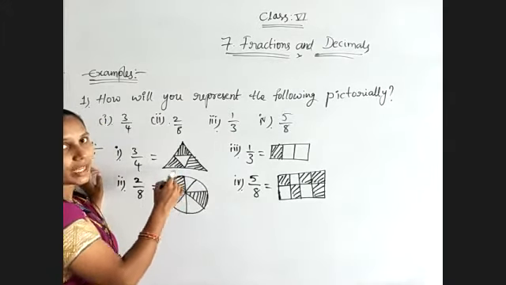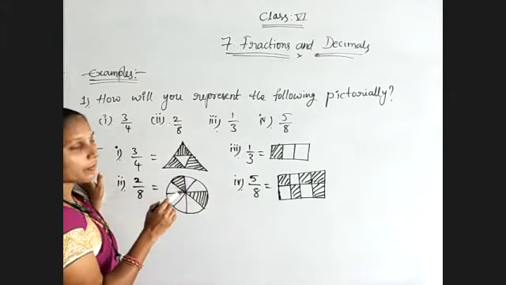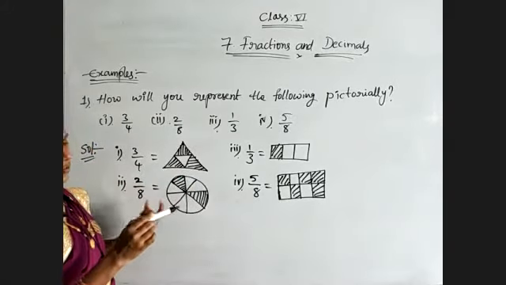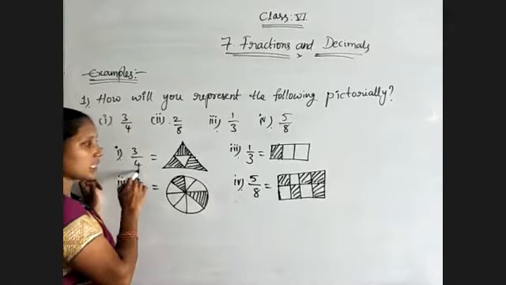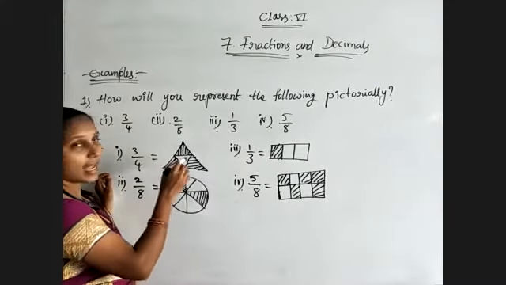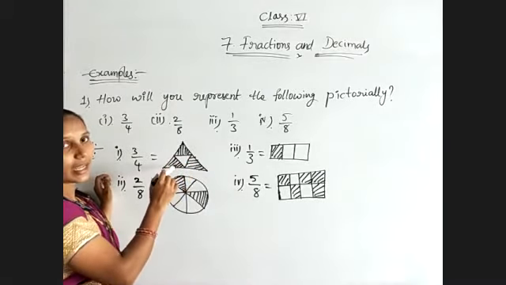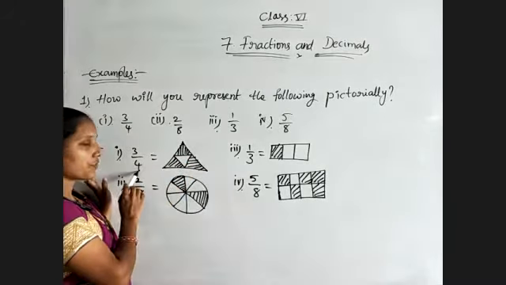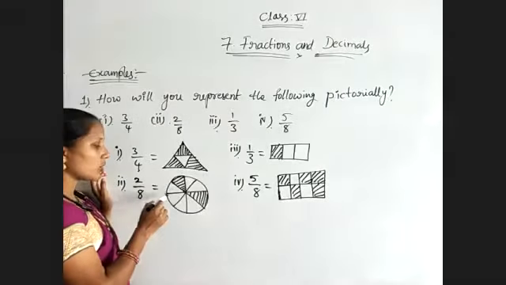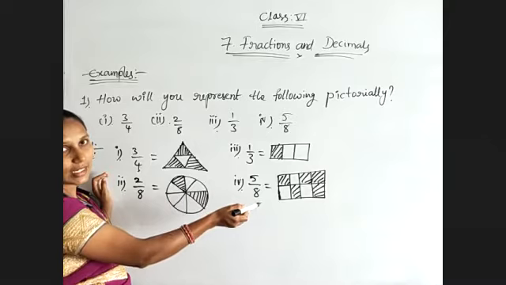Now observe, because all these fractions are proper fractions, we are using only one whole, means one picture only we are using to represent this. Okay, we can use any geometrical shape according to the question. Here because 4 is there, we can use a triangle or square or rectangle, circle, anything for 3 by 4, because the denominator is 4. And here 8 is there, we can go with a circle or a rectangle also.